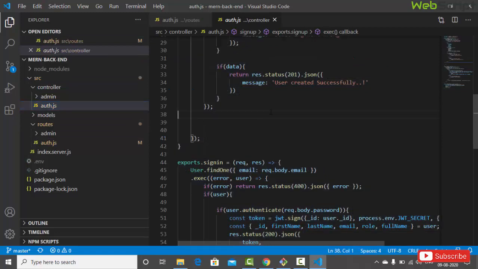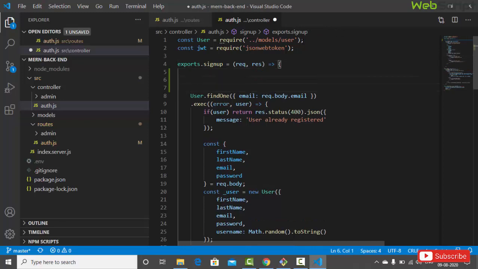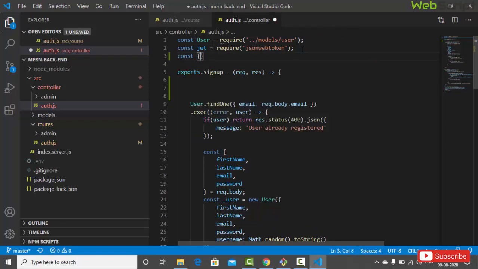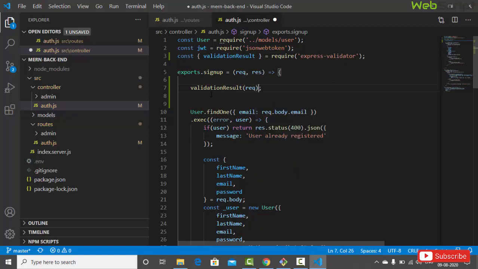So here we have auth.js, and here we have our sign up function. Before starting anything, let's import a library. const, and here we are going to say validationResult. This is again a function, validationResult equals require, right? And we'll say express-validator. So this is validationResult. Now let's call this validationResult, which takes the request as an argument, and let's store